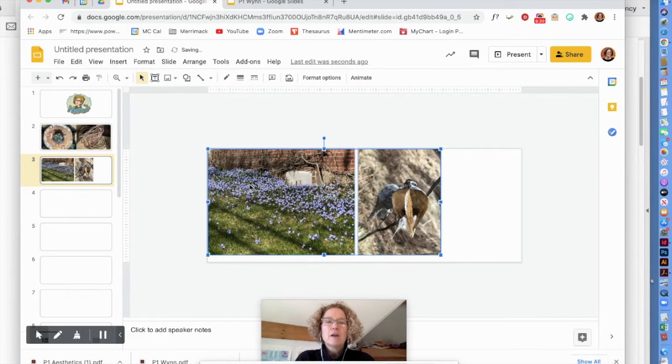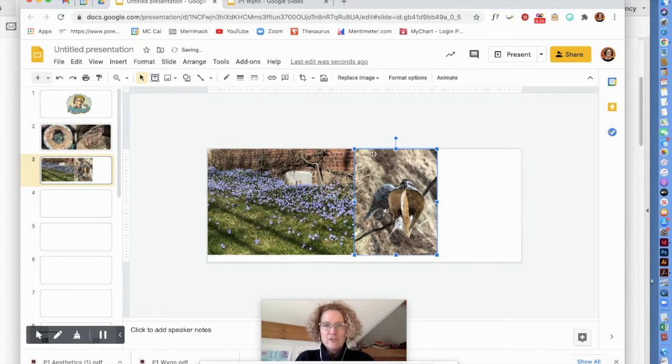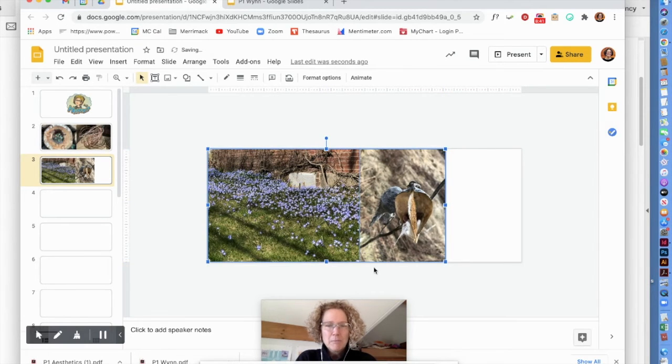So again, I'm going to butt up to the edge. I'm going to butt up here to the edge and also the other piece. I'm going to select both of them. I'm going to make them bigger so they butt up to the bottom, but this one has lots of space. We don't want that. So again, you're going to make it bigger